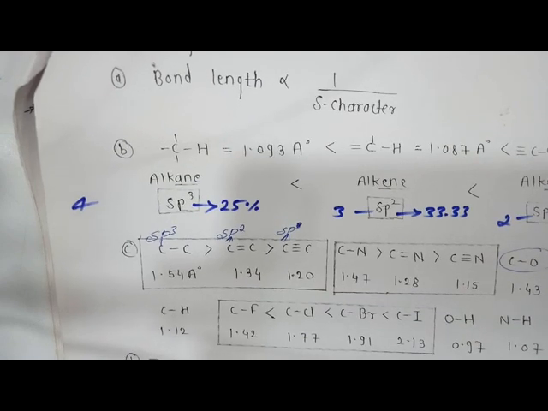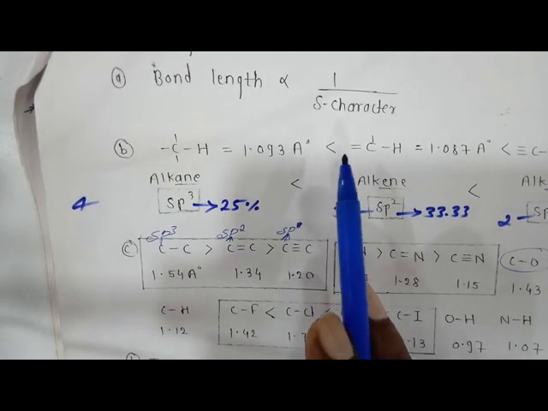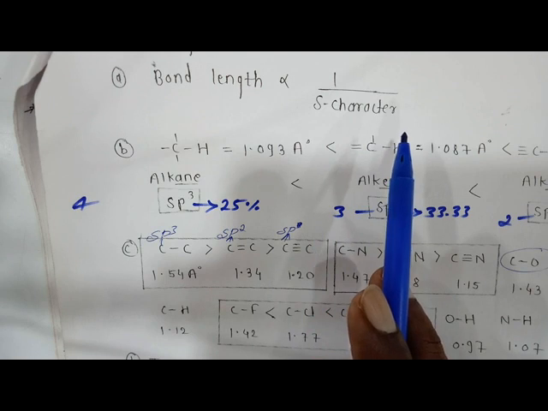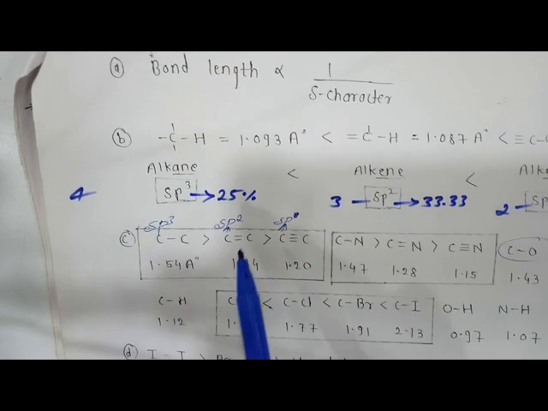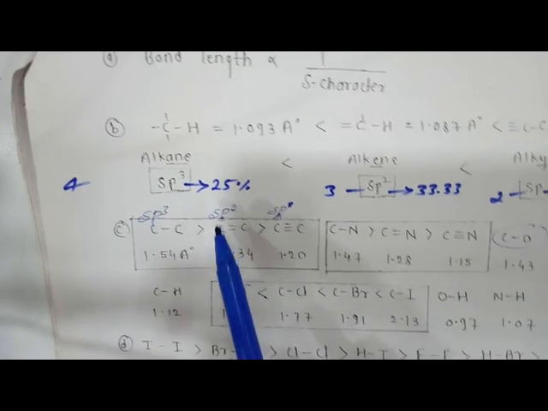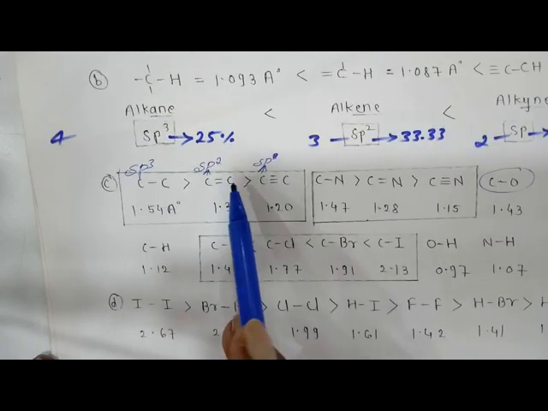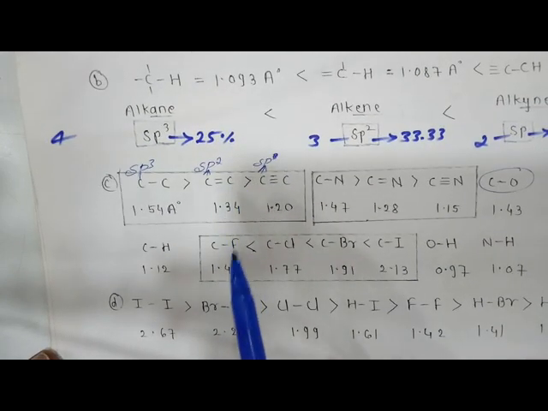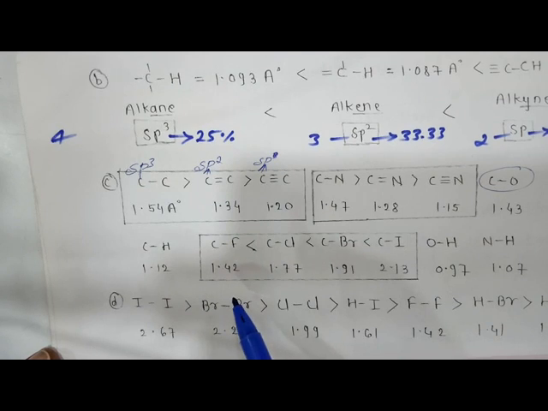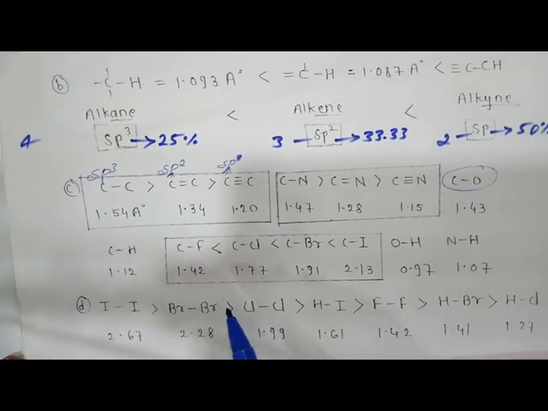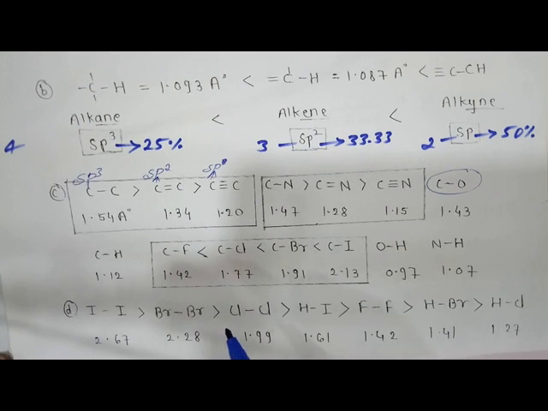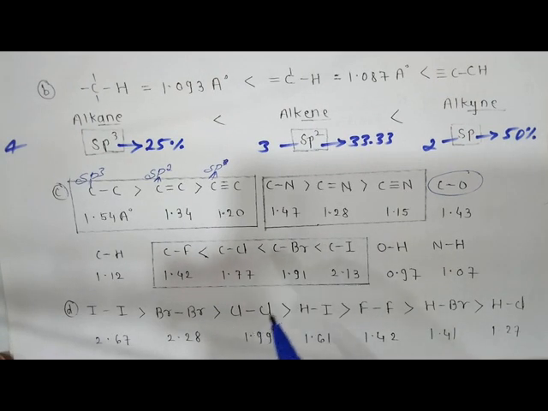You need to remember all these points. The first one is that bond length is inversely proportional to the percentage of S character. And these are the three important sequences you have to remember for JEE and NEET examinations. Now this is about bond length. I think I cleared your bond length concept. In the next lecture we will see the questions asked in JEE and NEET on the basis of bond length. Thank you, students.